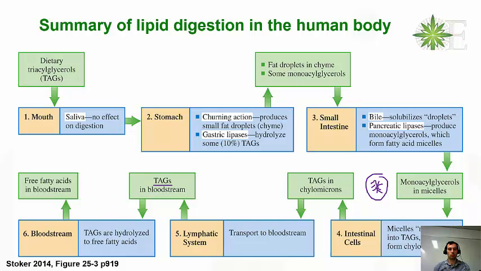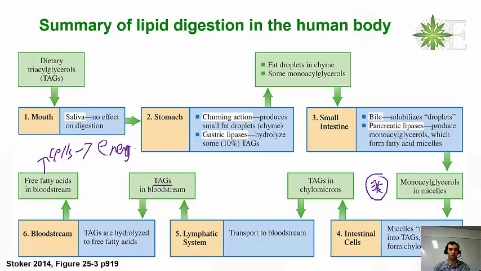The triacylglycerols can then be hydrolyzed into fatty acids and glycerol, and we then have the fatty acids and glycerol in the bloodstream, ready to be taken up by cells and then either used to create energy